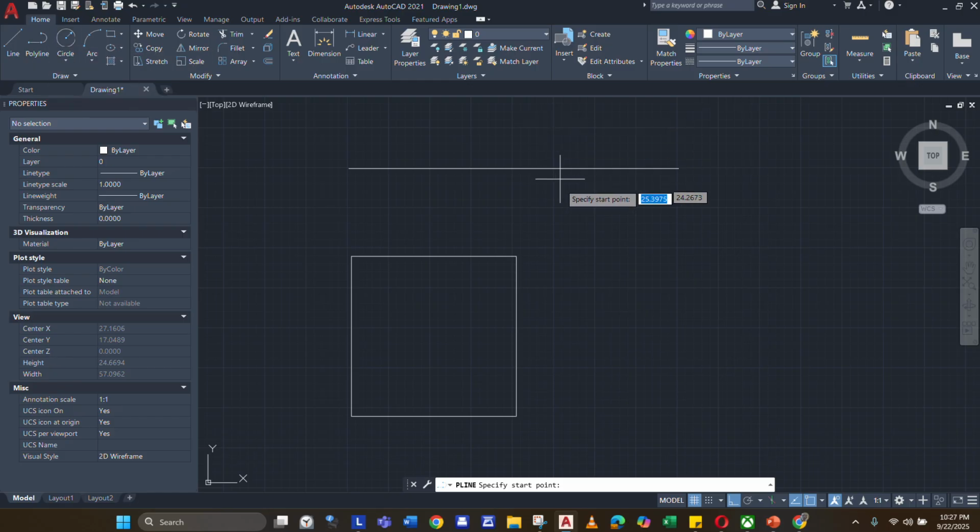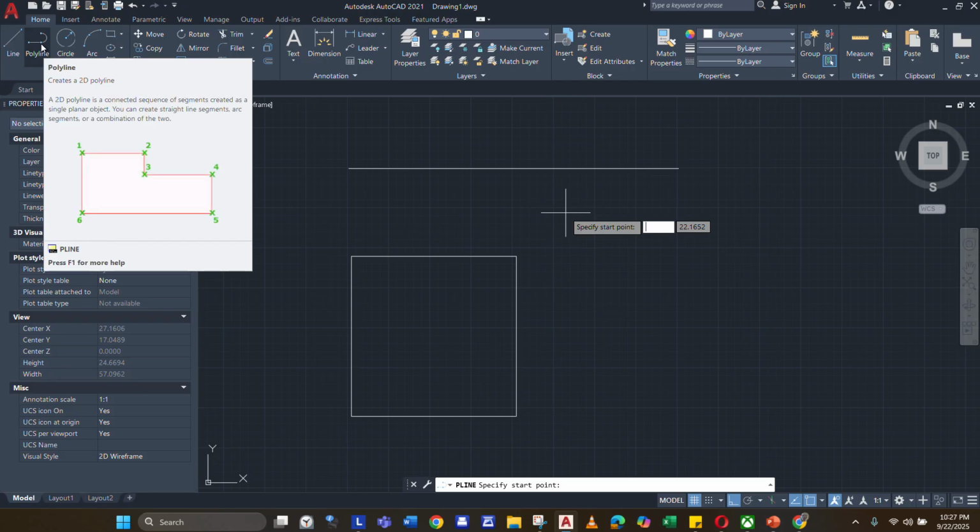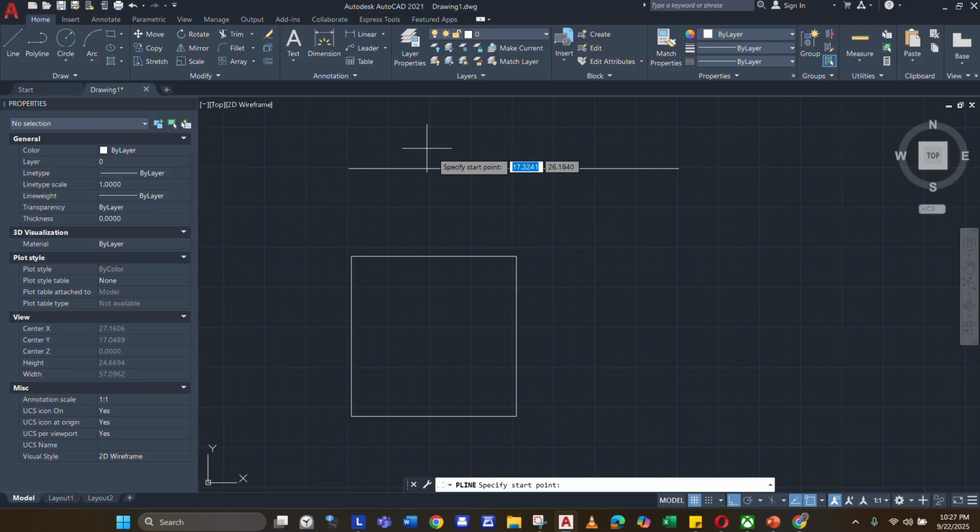So basically, if I do this polyline, I'm gonna click PL. Is it PL? Okay, wait. PL. Let me see. I'm gonna click this one. Okay, I just clicked the command on the ribbon window.